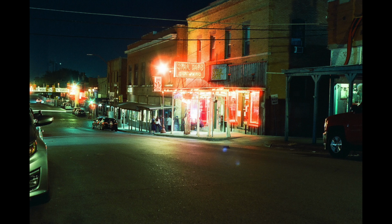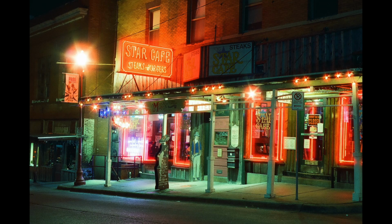Looking at it now, it's a little bit too far away for my liking. Luckily, I did move in a little closer, maybe too close. Half of the shop is cut off there on the right side, but with a little bit of straightening, I feel like it can come out fine. I think the exposure here is also a little bit better. Not too many of the signs are blown out,